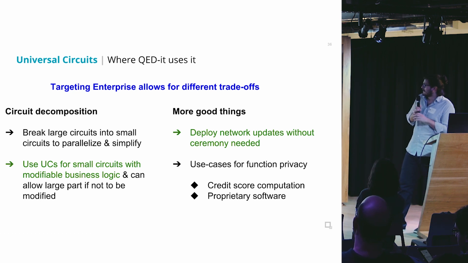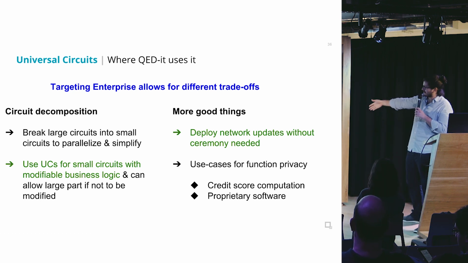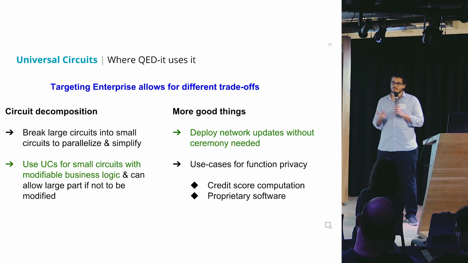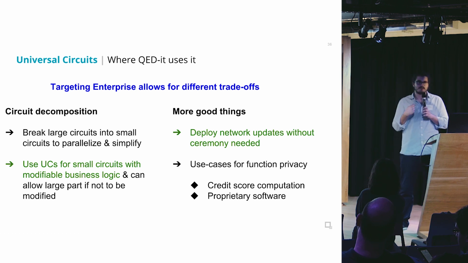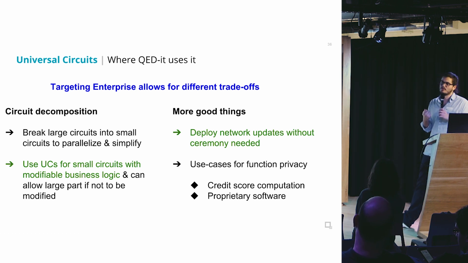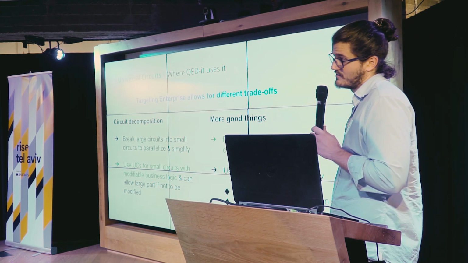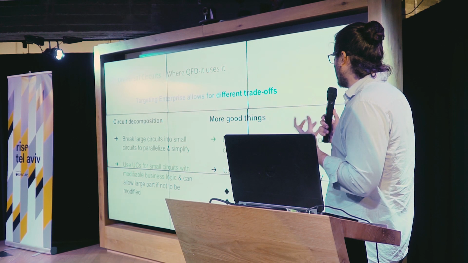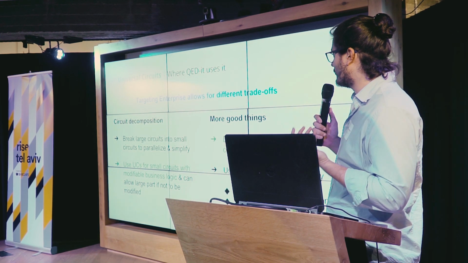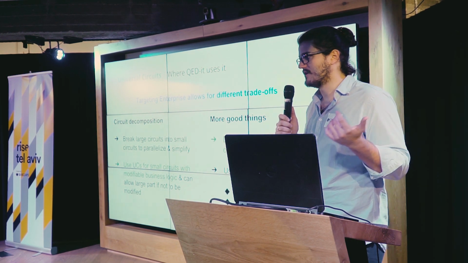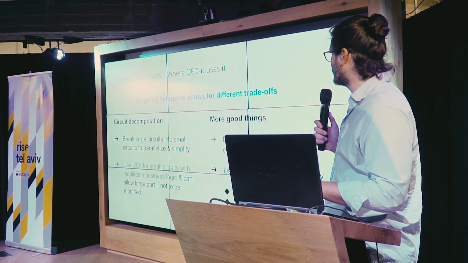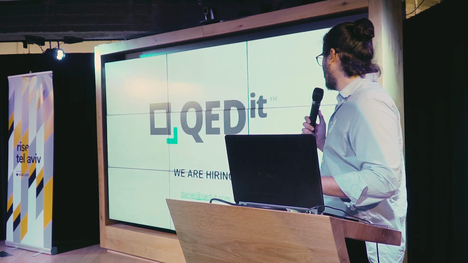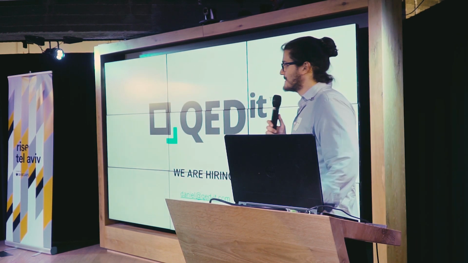And of course, another good thing, as I was saying, is these function privacy use cases. For example, in insurance risk computation, where the insurance company doesn't usually want you to know how they're computing the risk, but you still want a proof that the risk was computed correctly. And other cases of proprietary software. This is the main use case. So, yep, and what did you mean about